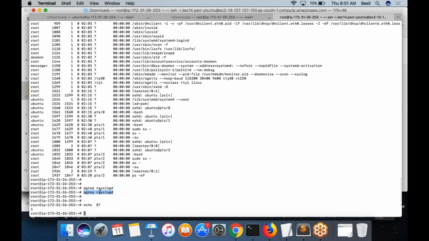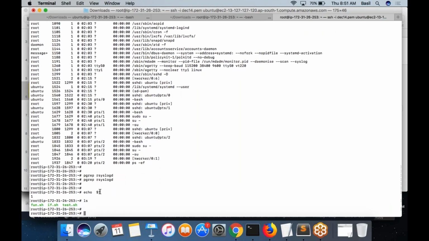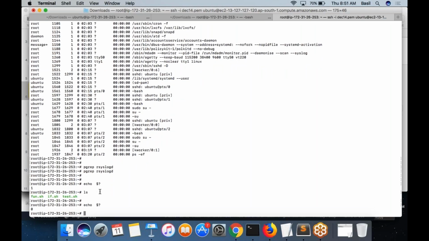If you type the ls command, some command you executed, and ls successfully got executed, then if you look at the $? value, it's going to be 0. So for any command in bash, when it gets executed successfully, the variable $? is initialized with a value of 0.